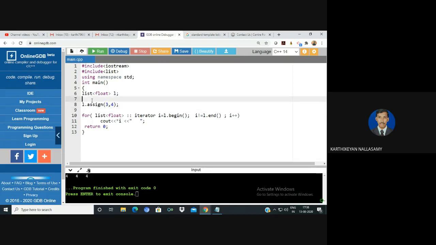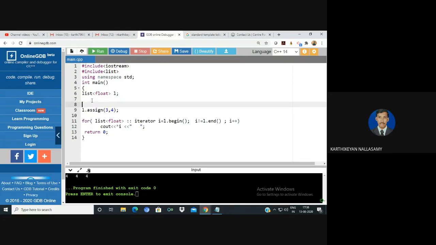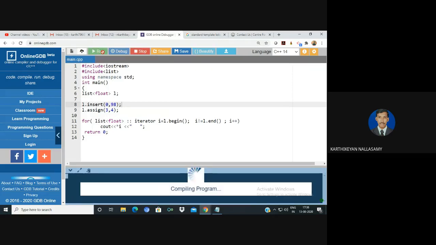Clear? So if you want to insert any element, you can use the insert method. So L dot insert. We need to identify the current location. For example, I'm going to give 0 and I'm going to say 98. I'm checking whether there is any error or not.